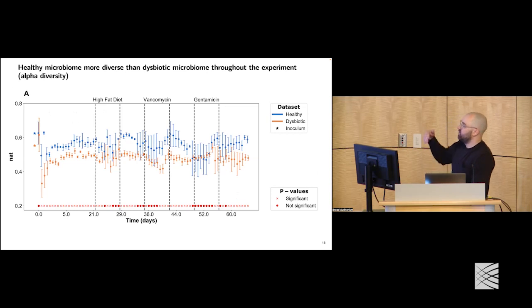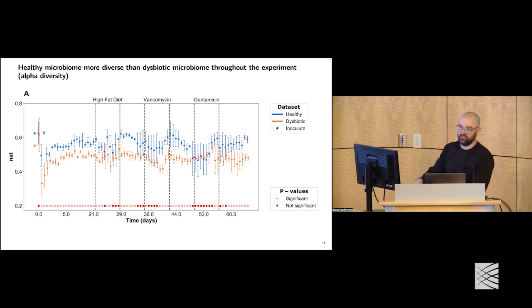Yeah, and then one of the things we did is, we've seen in these studies with patients over time, both healthy and dysbiotic, that there's this sort of difference in diversity. And here we're just looking at alpha diversity. And so we were happy to see it was recapitulated in the mice because the first question you could say